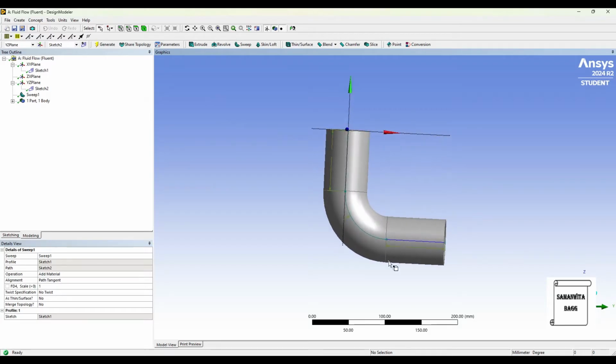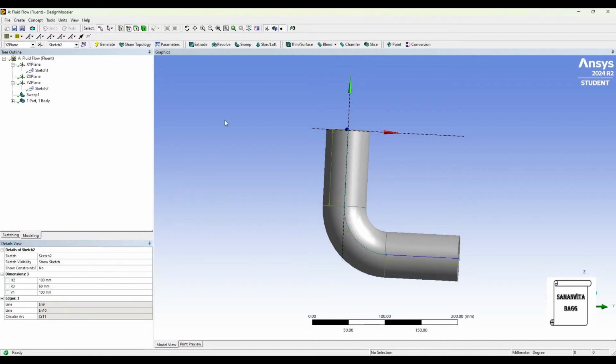You can increase the length of these pipes if you want. So say I go to sketch 2, this is 80 mm. I can make this 100 and also make this 100. You're just increasing the length of the pipe. So you can see the flow of fluid more clearly because you have given a little longer length on these two sides. So here I have created a bend.